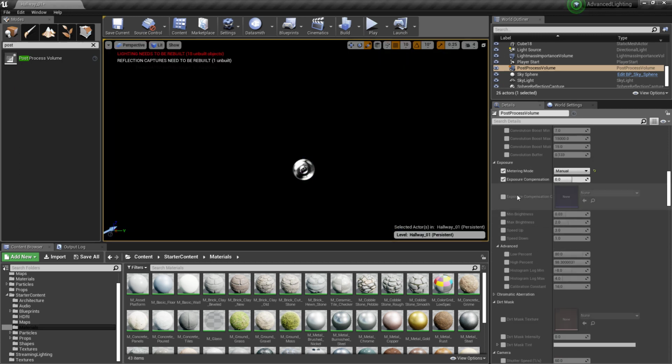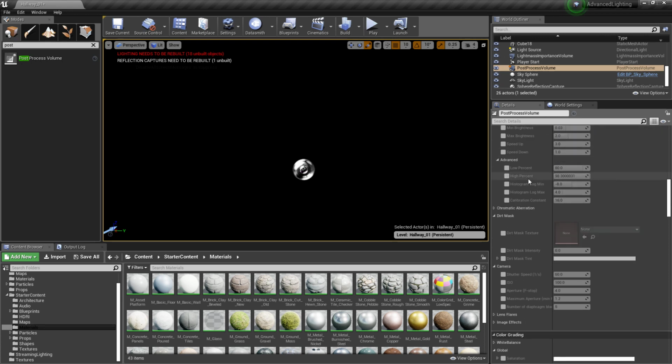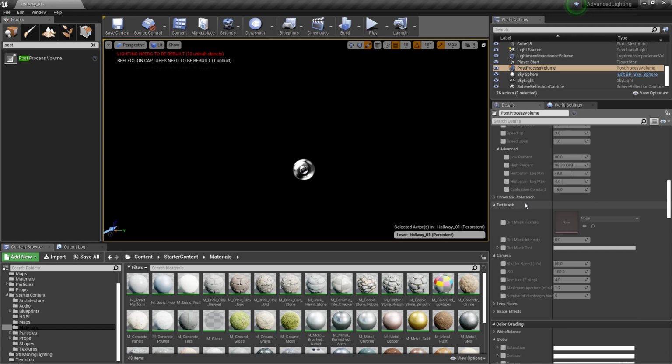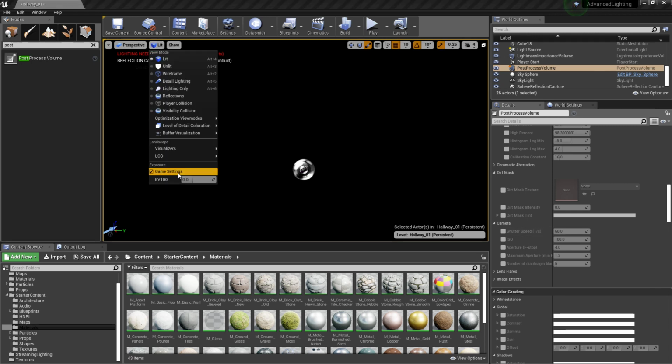Now we have to ask ourselves again, what is exposure? It's the amount of light coming in. We have an exposure compensation. So we have to say, how do we change how much light gets into the camera? And guess what? If you scroll down a little more, there's a camera setting. I don't want to get into too much of the technicals of it. You can totally look into this for yourself. But basically that EV100 thing we were looking at before, right here,